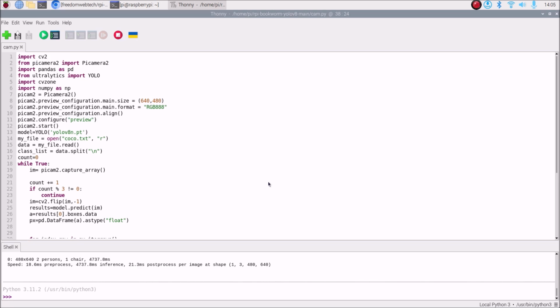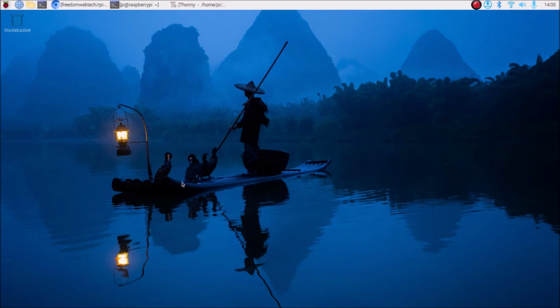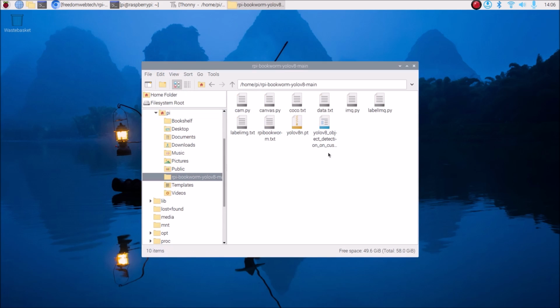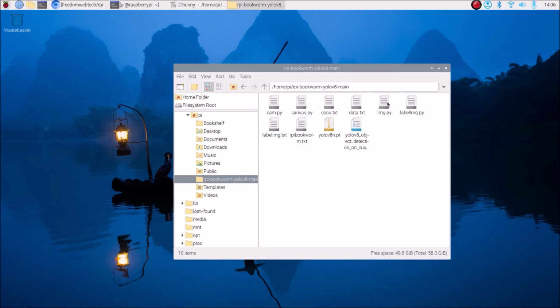Now we want to create our own custom model. For that, first we need our data. So here we are going to detect an Arduino Uno board and an ESP32 board. This is our custom object. For that we need images. We are going to use our live camera module and capture images for our data. So for that, again open file manager, go to the RPi Bookworm folder, and inside that I have created